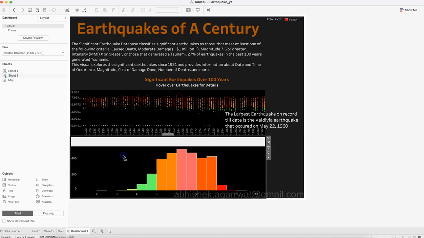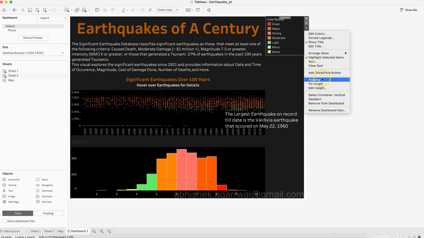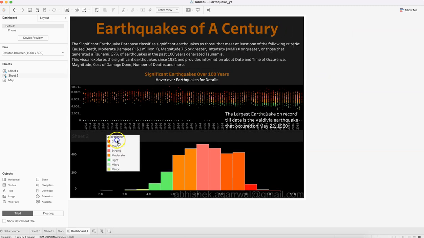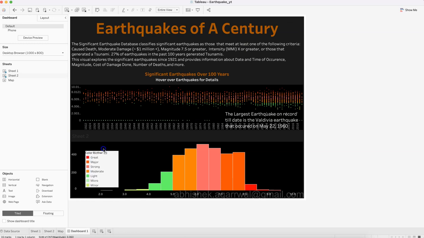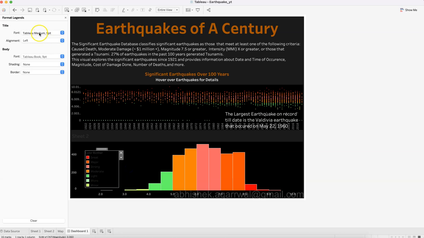And I will bring first this visualization, and by clicking over here, we'll make it floating, and we will put it somewhere here, right? And we can format it, format legend, and over here in font,